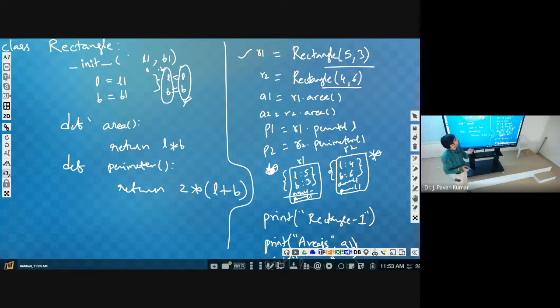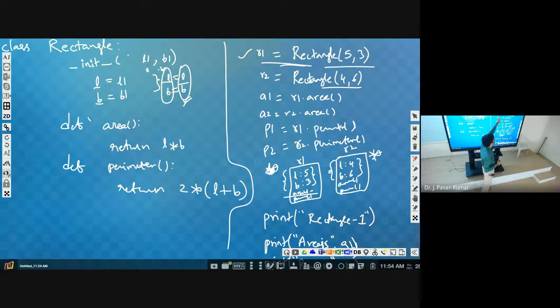So for that reason, to differentiate this particular L and this one, we have one convention. As these L and B belong to the object, we will be using that object name. Object name in the sense R1 is the object name, but do we know what the name of the object is here? Whenever we call R1, we create one object and assign it to this, and only then will we come to know this is R1. But while creating, we don't know what the name is. After creation only, that will be assigned to R1, isn't it?